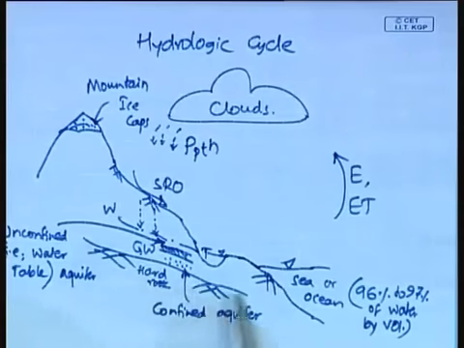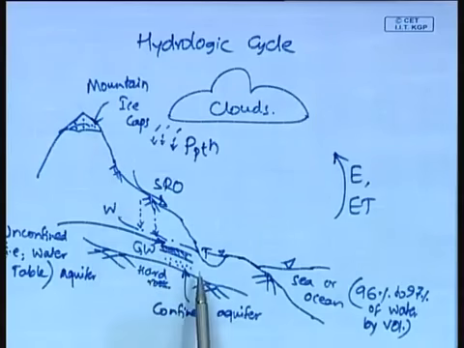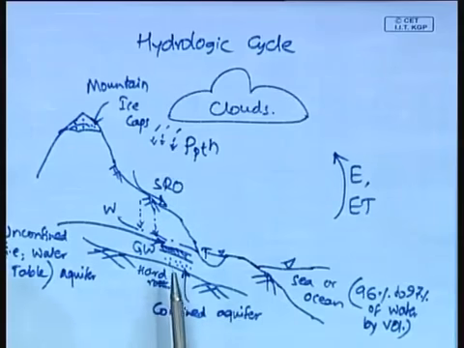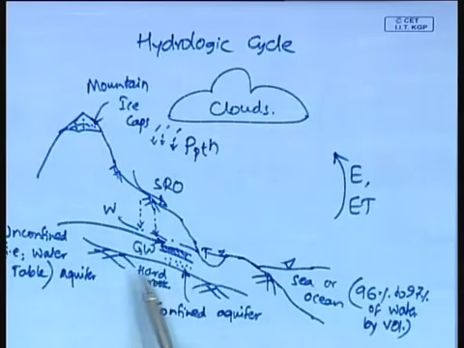So that we can maintain a healthy depth of the water table, which is neither too shallow nor too deep, and we can also maintain the balance between the groundwater supply and groundwater demand. Thereby we can provide water security in the form of fresh groundwater, which is practically available everywhere in the nearly 29% of the land surface on earth.